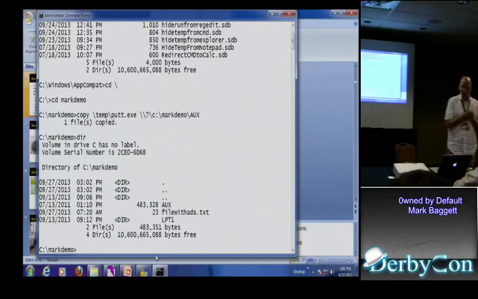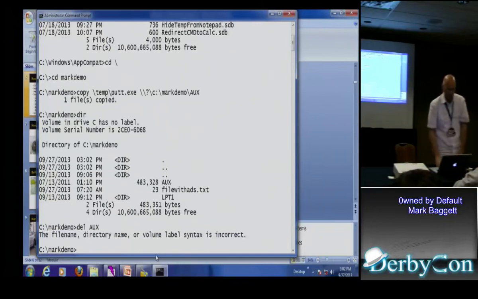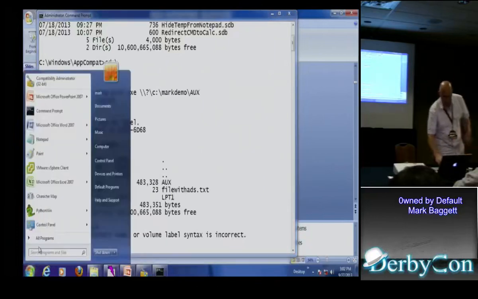The interesting thing about aux is that it's not easily deleted. So once a machine has that file name, if you try and delete it, it tells you that you can't delete that because it has a reserved word name. If you try and go through Explorer,